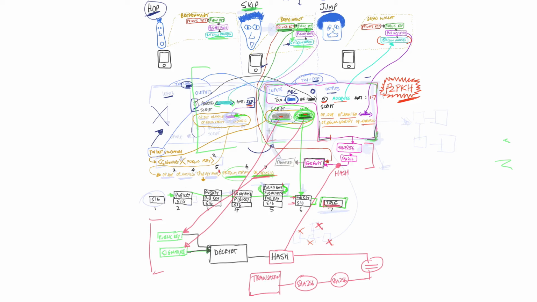I think it's worth considering, I've talked through the success scenario, right? The success scenario here is that Skip managed to spend a Bitcoin output that was bound to this address, which was the hash of his own public key. He was able to spend that because he was able to provide a signature and a public key which satisfy all the conditions in this script, such that true is the value that ends up at the end. But just to hammer home the point,